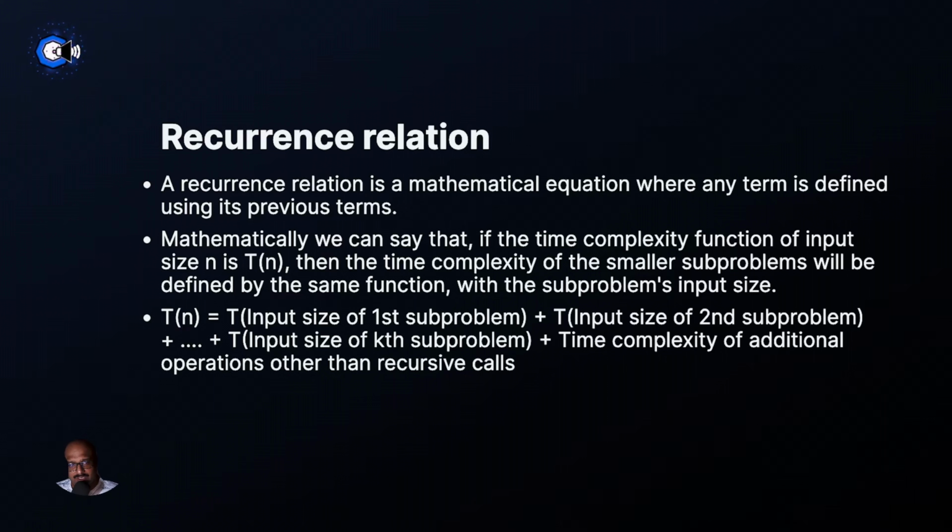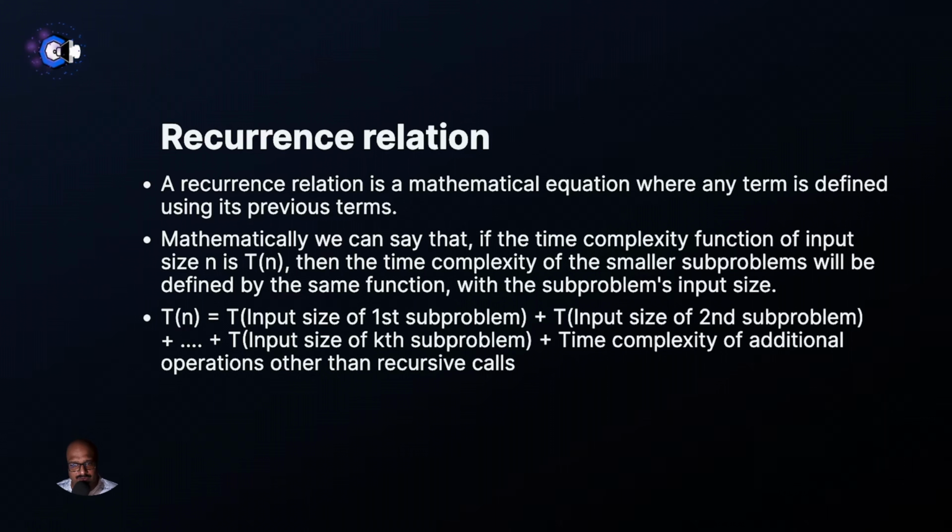That is, T(n) equals T(input size of first subproblem) plus T(input size of second subproblem) plus etc. until T(input size of kth subproblem) plus the time complexity of additional operations other